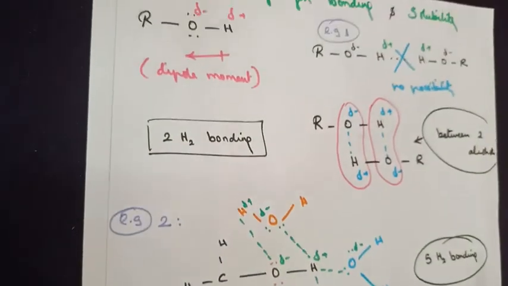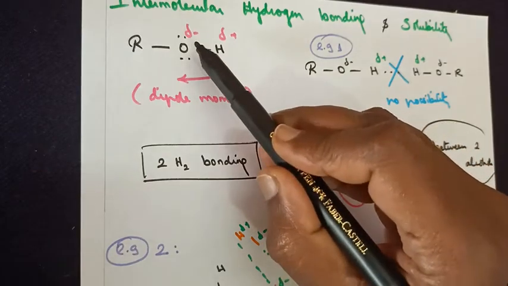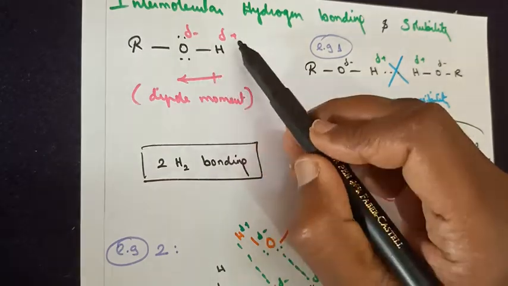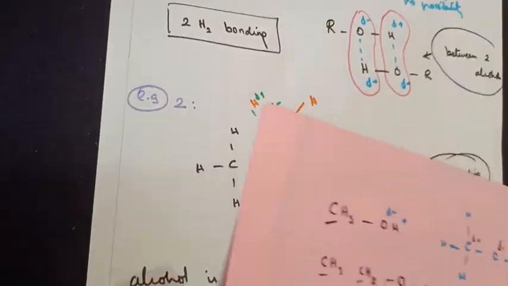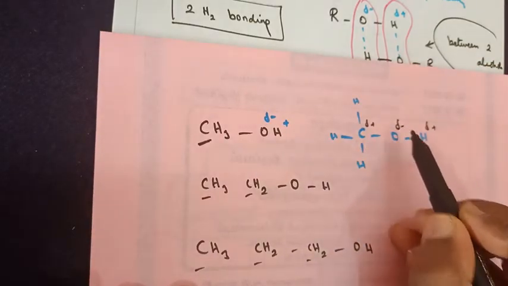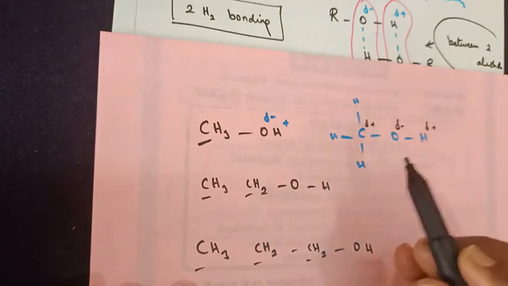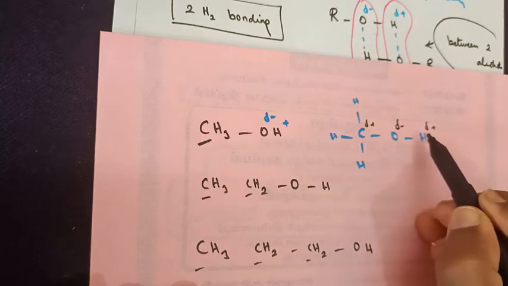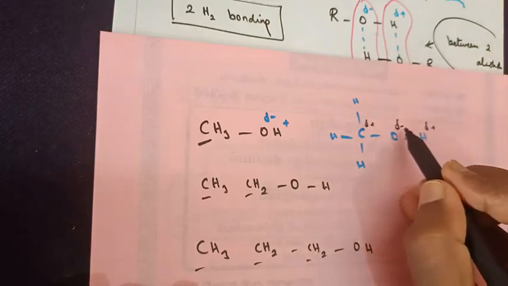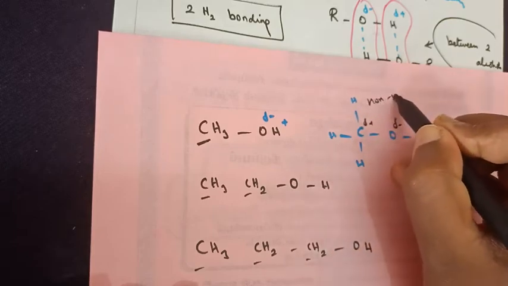Now hydrogen bonding we explain based on the concept of dipole moment, meaning that's a polarity character. The bond is formed between a partially negative and a partially positive atom. Now when we say non-polar, look at this example. Methanol only, I'm writing it differently. Oxygen is partially negative and hydrogen is partially positive and carbon is also partially positive. But oxygen will prefer to combine with the hydrogen. That's the concept we have seen in terms of hydrogen bonding. So in this case, they become polar in character. This carbon becomes non-polar in character.